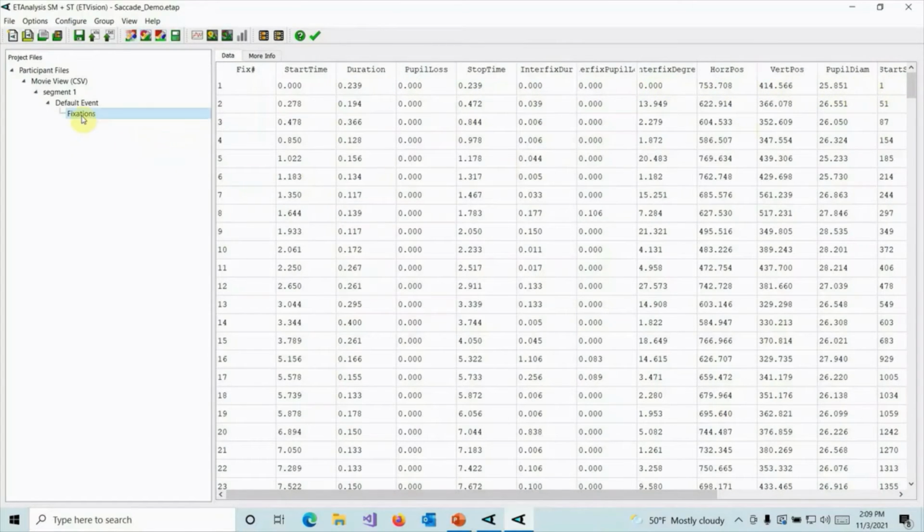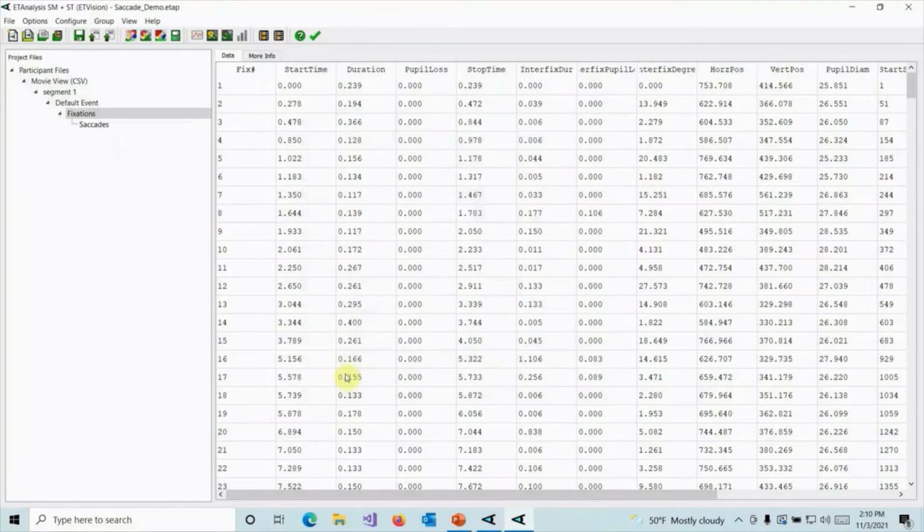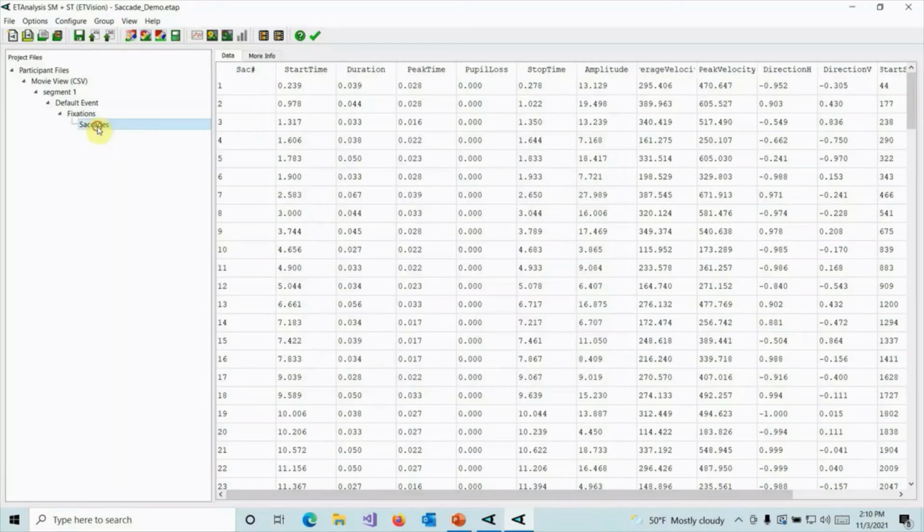Now we can calculate saccades from the fixation file. We will view a saccade dialog. Some of the detection criteria can be adjusted by the user, or the default values may be used. A saccade node is created, and we can view or export the key metrics of each saccade,